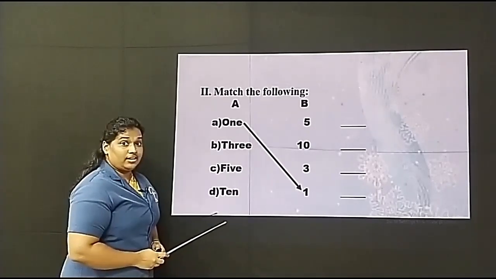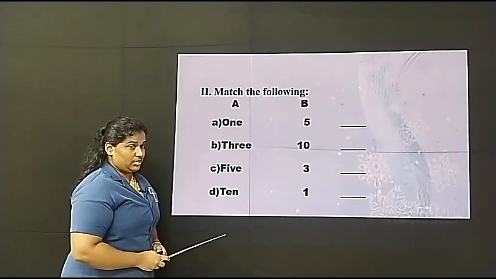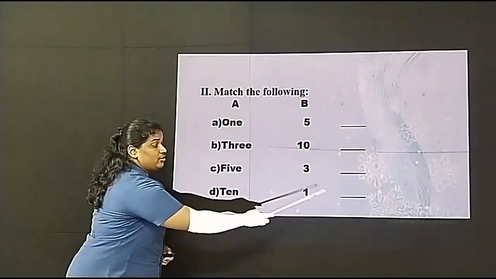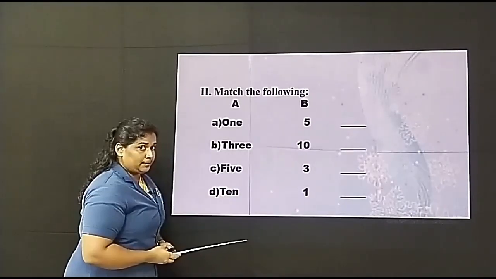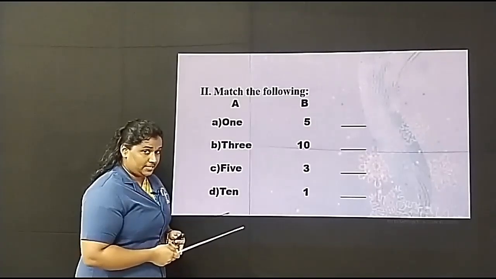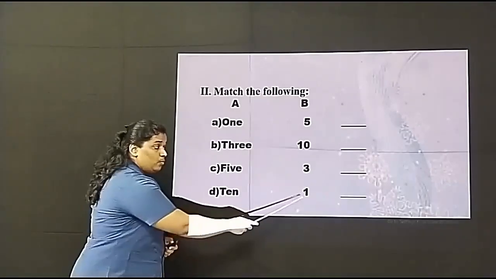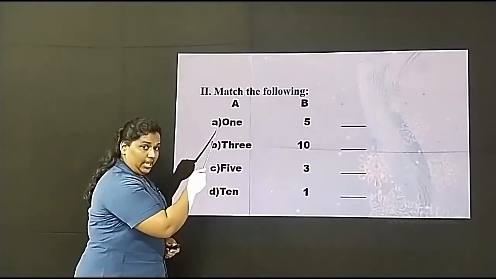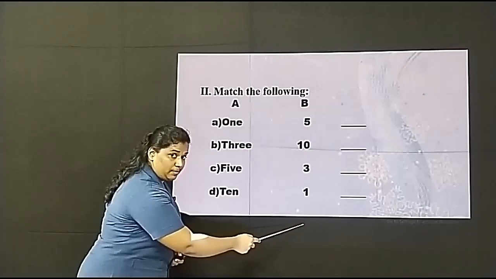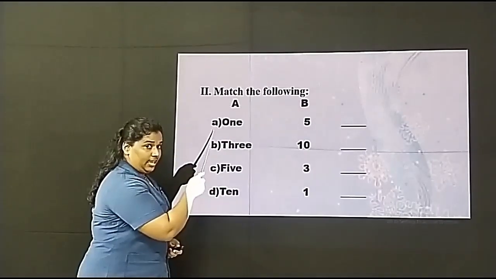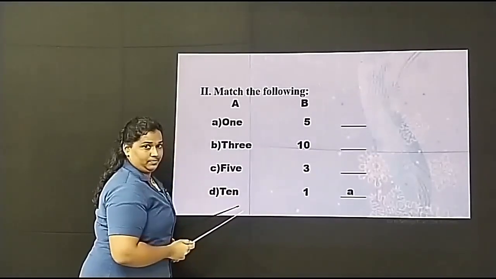But hereafter, we are not going to use the arrow. Instead of that, we are going to use question numbers in front of the answer. You can see in front of column B, I have given blank places. In those blank places, we have to write the question numbers. So here 1 is the answer for question A. So in front of answer 1, we have to write the question number. That is, here it is A. So let's write the question number A in front of 1.